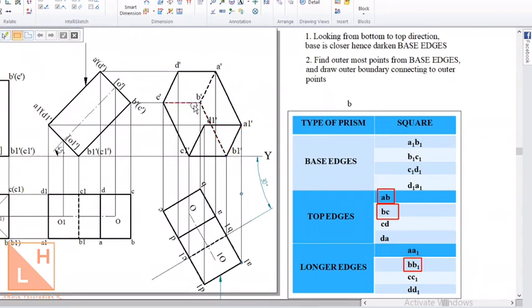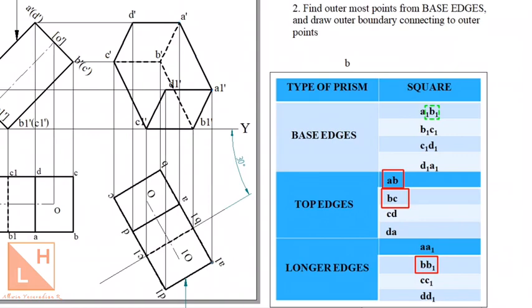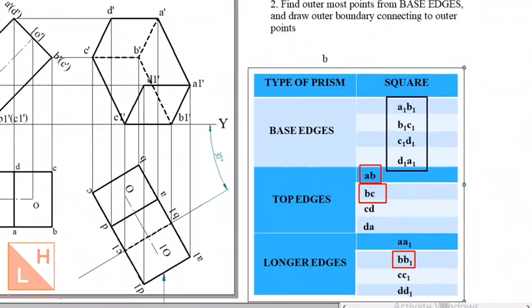So let us just cross check all the edges which are done till now in the final position. You can just cross check it one by one, A1, B1, whether it is joined or not. So check A1, B1, B1, C1, C1, D1 and D1, A1. So all of these edges are already joined with a visible line. Next, we'll check out AB, BC, A dash, B dash, B dash, C dash, C dash, D dash and D dash, A dash. All these 4 edges are also joined with the help of hidden as well as visible edges.